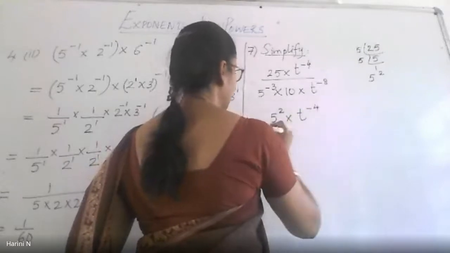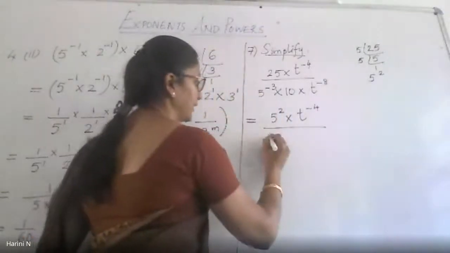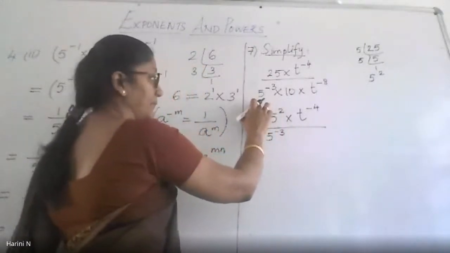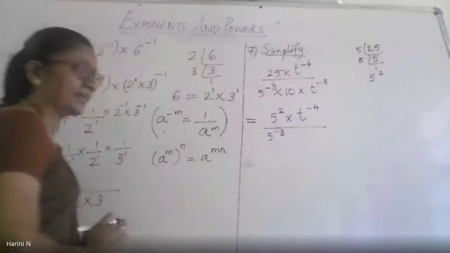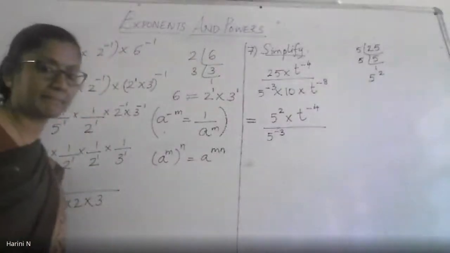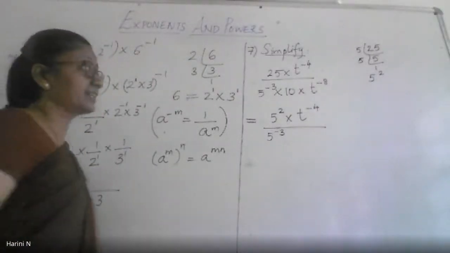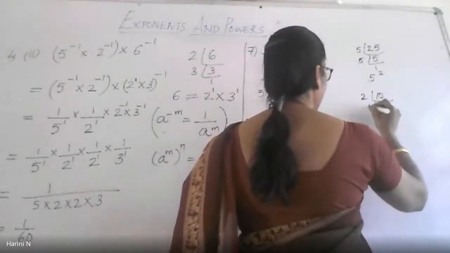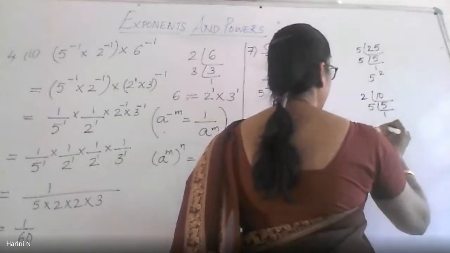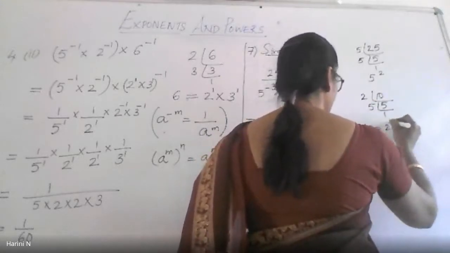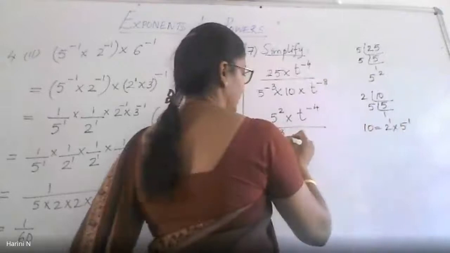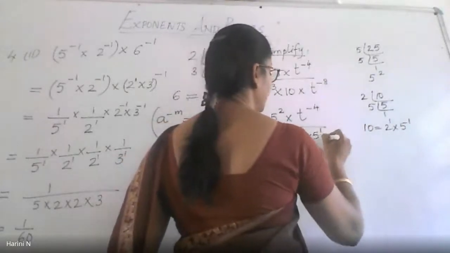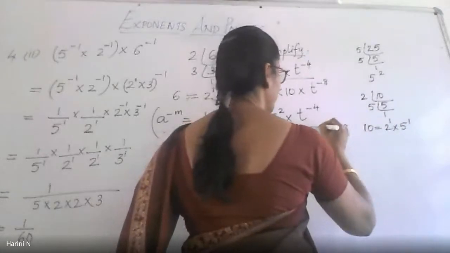Let it sit as it is. Now I come back to 5 to the power negative 3. This I can't further factorize because it was already a prime number. What about 10? When I factorize 10, what should I get? Factorize 10. You can divide it into 2 5s are 10, 5 1s are 5. So 10 can be written as 2 into 5 or 2 to the power 1 into 5 to the power 1. Right? Then the last one is t to the power negative 8 in the denominator.